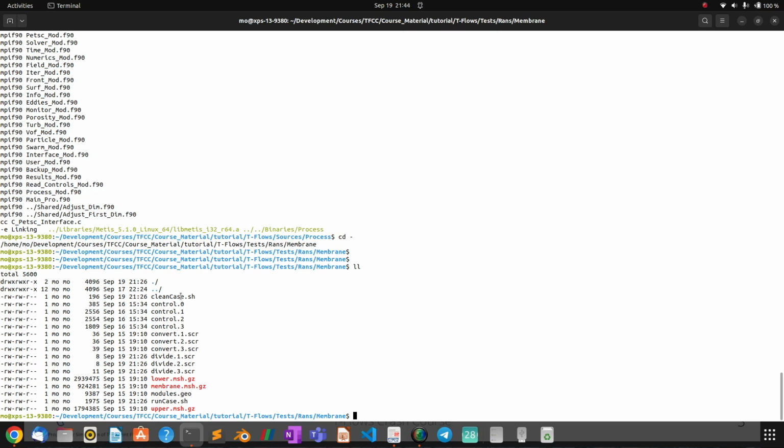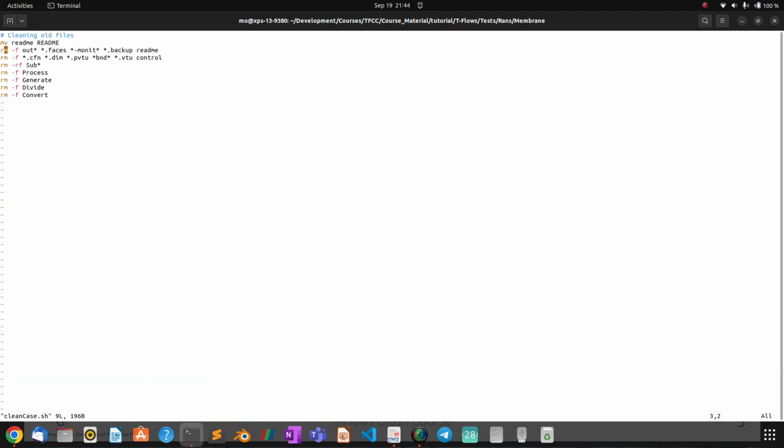So obviously if you open clean case here, for example, you remove any old output files, faces, monitoring points, backup files, readme or control files. And usually you don't remove the control file, but I will show you in a minute why I put the control file here, not that I'm removing the input file itself, but because this is usually in this